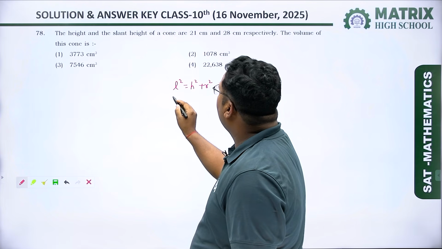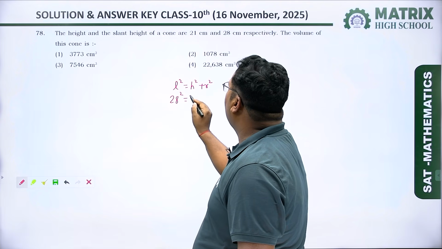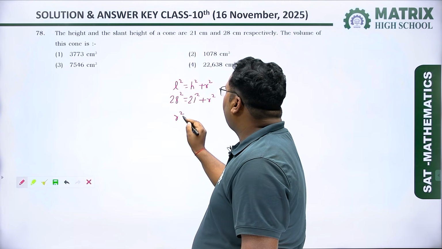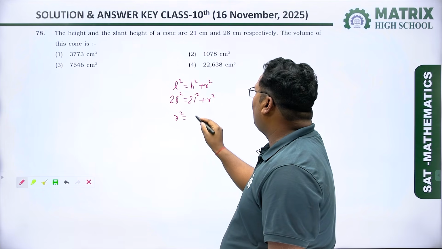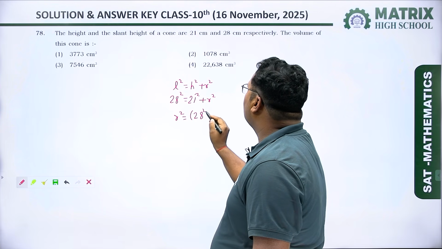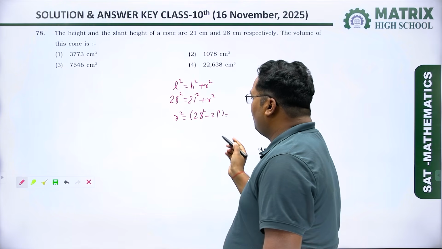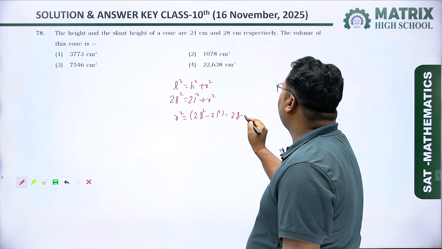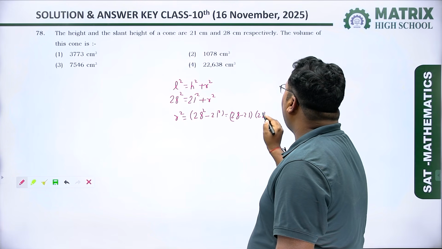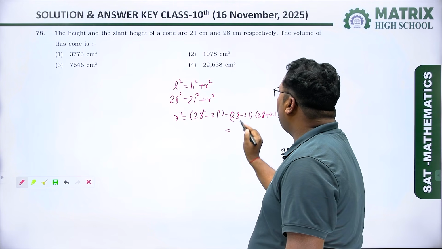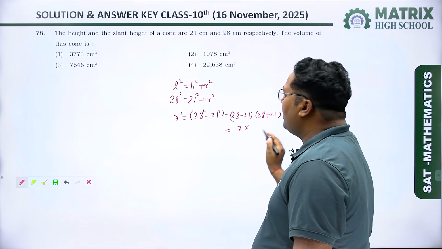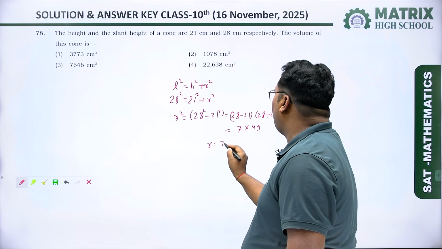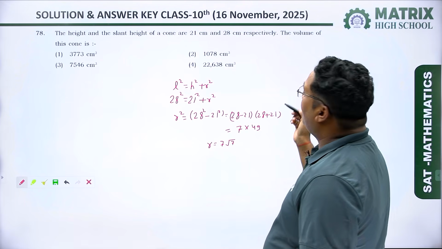Here L is 28. So 28 square equal to 21 square plus R square. Now we have to find out the radius of the cone. So R square equal to 28 square minus 21 square. We have to apply here A square minus B square. So we will get 28 minus 21 into 28 plus 21. 28 minus 21 is 7 and 28 plus 21 is 49. So the radius of the cone is 7 under root 7, and we have to find out the volume of